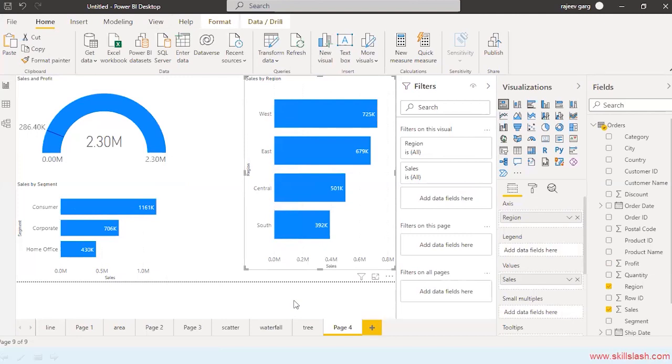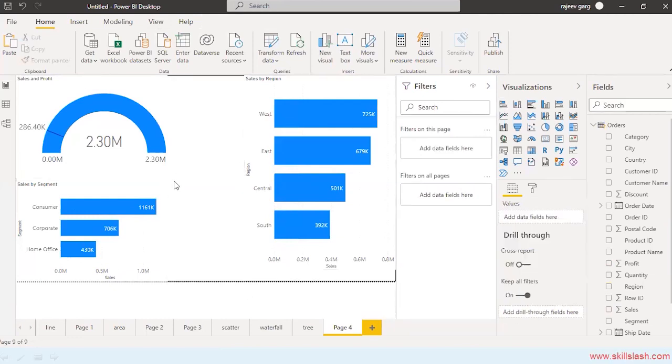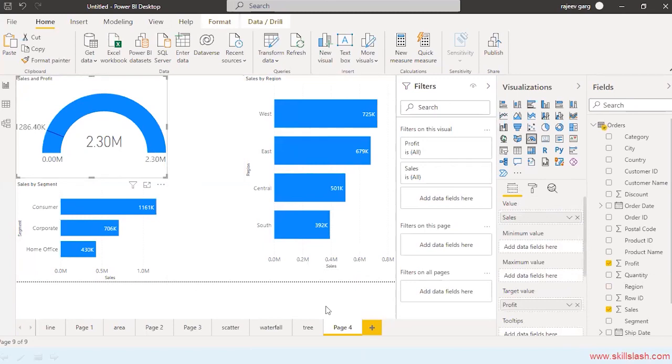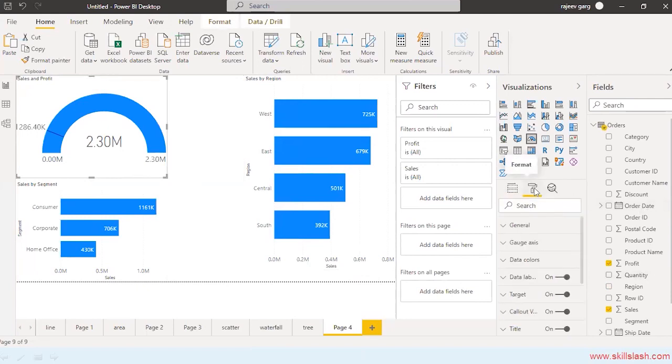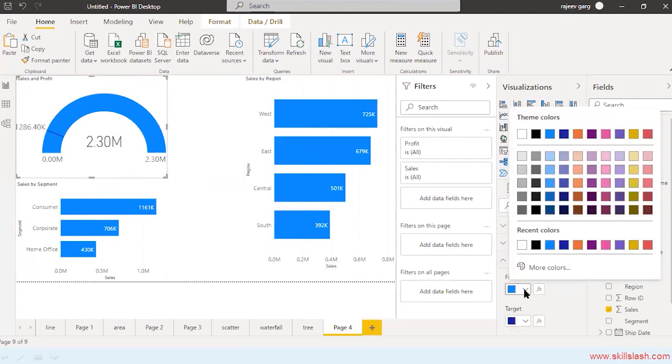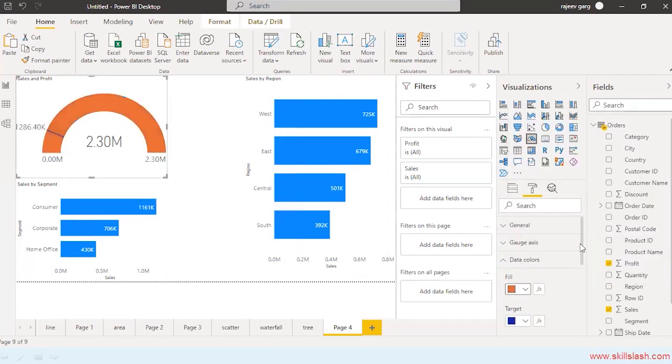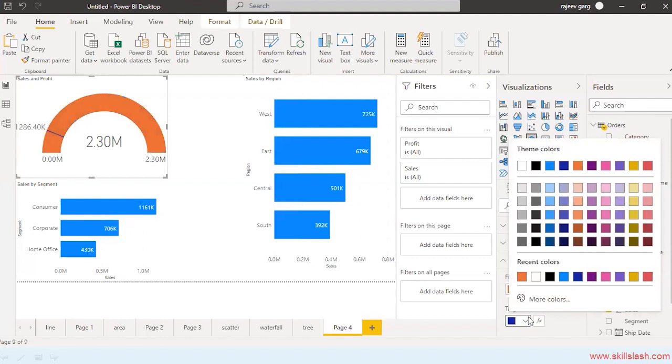Okay. All right. Then let me click on this. Remember, if you want to format a visual, you have to select a particular visual and then go to the formatting, so that you will be getting the formatting options for that particular visual only. Right? Data color, if you want to change the color of this, I will like to take the fill color as, let's take, orange. Target color, if you want to display the target, let me say I want to display it in blue color.